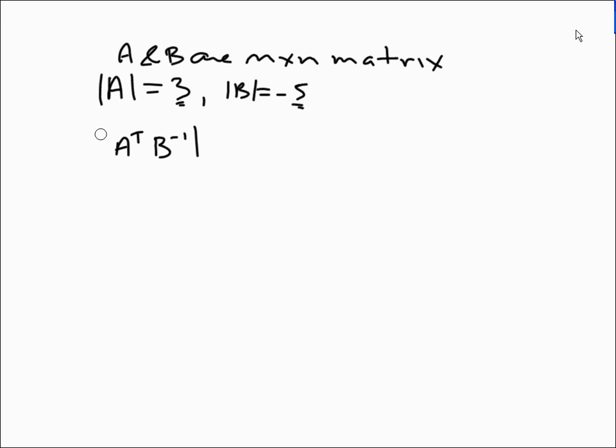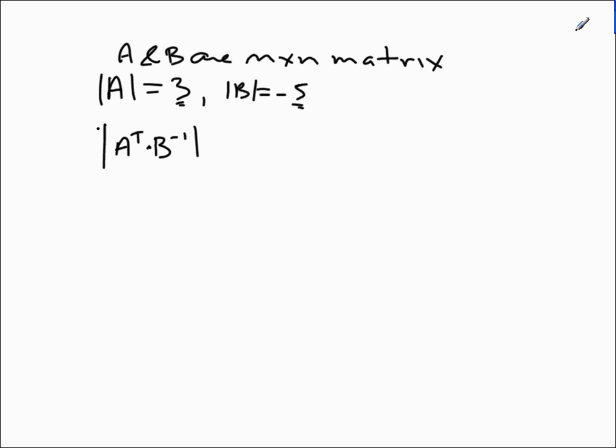If you know the theorems, this is quite easy. We have a product. One matrix is A transpose, one matrix is B inverse. But nonetheless, we're multiplying them, and we want the determinant. Well,